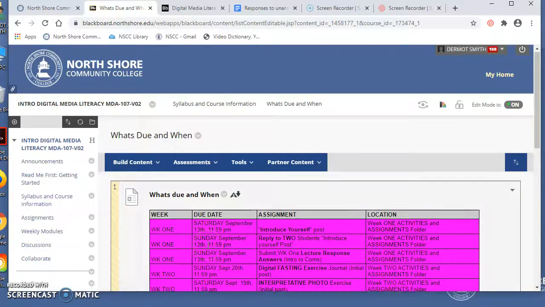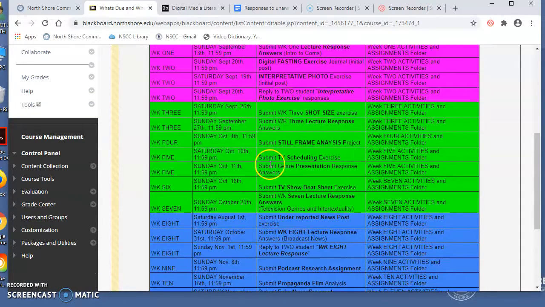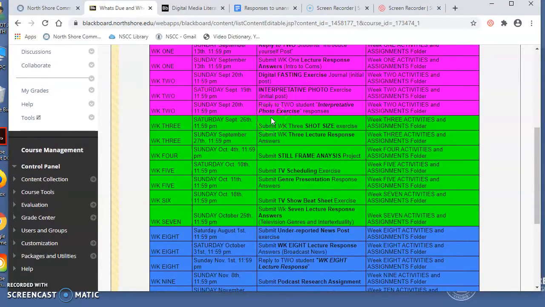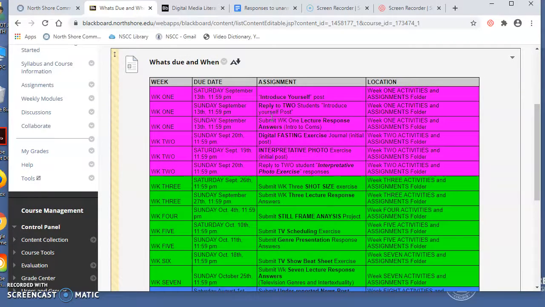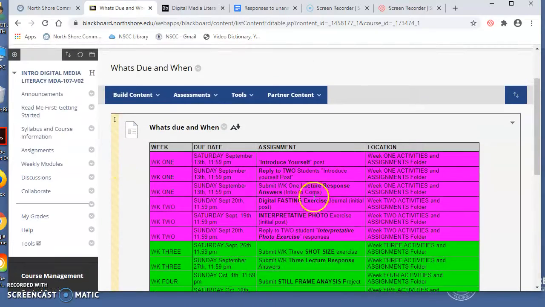Now, although the assignments for week 2 and week 3, week 4, etc., will not be available to you, I am giving you a heads up of what they will be here. And the important thing about this is a checklist that you should look at the end of each week. So say at the end of week 1, you're going to open this up and say, okay, week 1, I was supposed to do these 3 things. Did I do them all? Okay, good, you are good to go. So it's a good checklist. It's got the dates, etc., where to find it. Pretty self-explanatory.